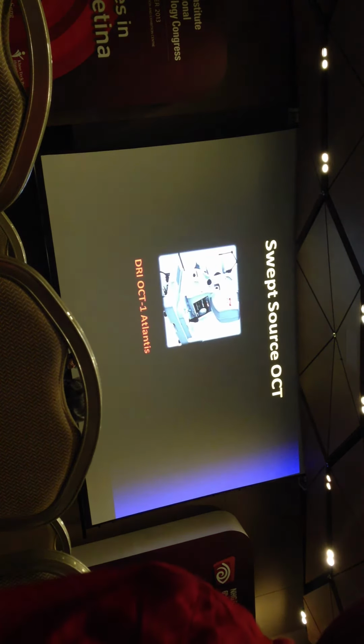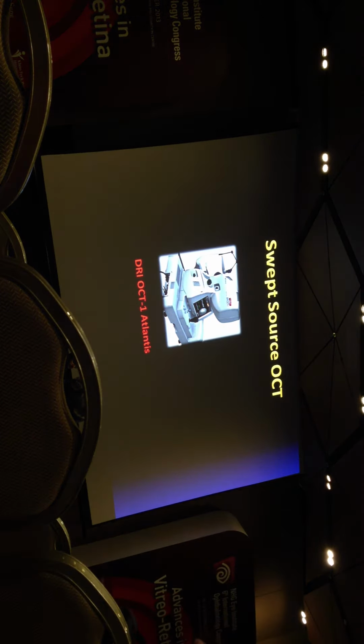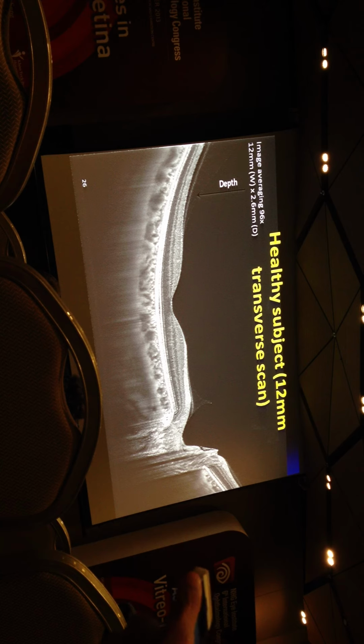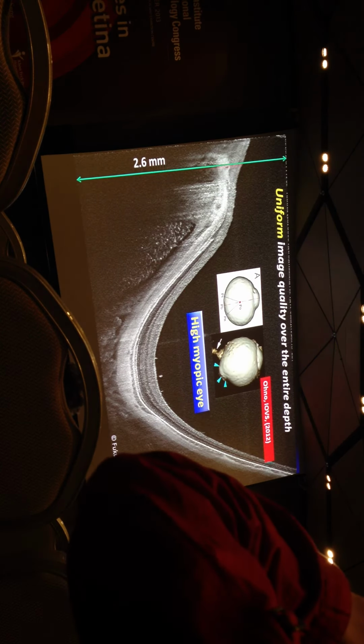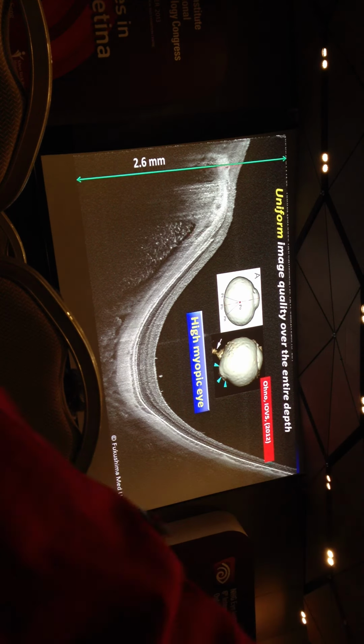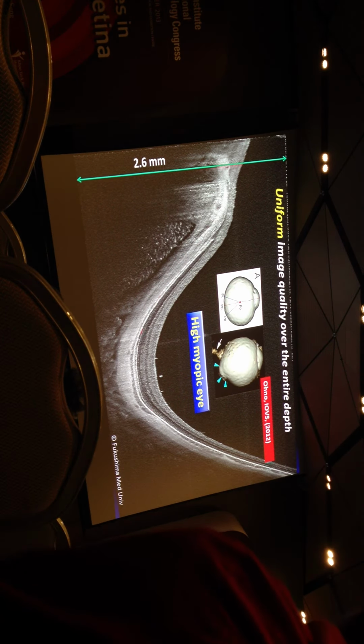So I mentioned mirror artifact, and it remains to be seen how swept source OCT will help us in imaging of high myopes. I think we discussed the origins of swept source OCT. It uses a tunable laser in order to obtain the image, and besides, it has obviously a wider range of scans, and you can see both the retina and the choroid more clearly. But it's been shown in some publications to be more useful in highly myopic eyes, such as this one, where the detail is really good all the way from the top to the bottom of the